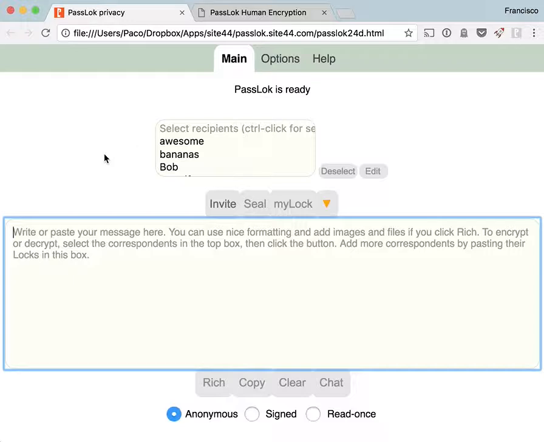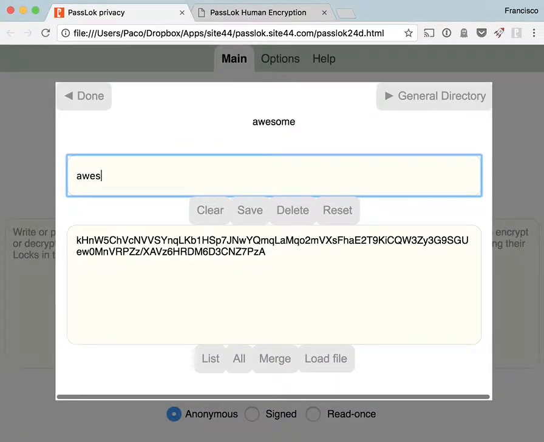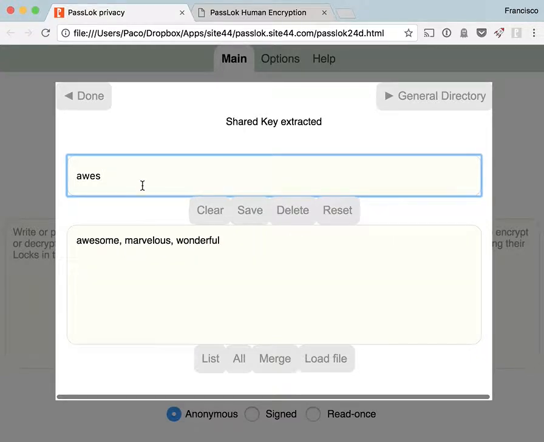In order to use human mode, I need to use a special key, a key that is made of 3 strings separated by commas. I have loaded one of such keys here under the name awesome, but I'm going to show you what it is like. Okay, so now decrypted. This particular key has 3 words: awesome, comma, marvelous, comma, wonderful. They should be a lot longer if you want to get real security, but it will be good for show